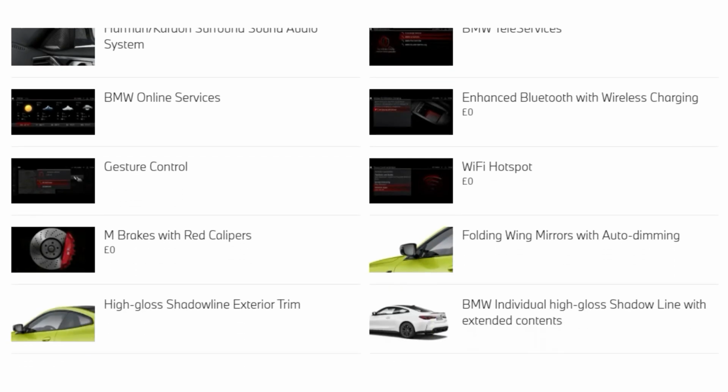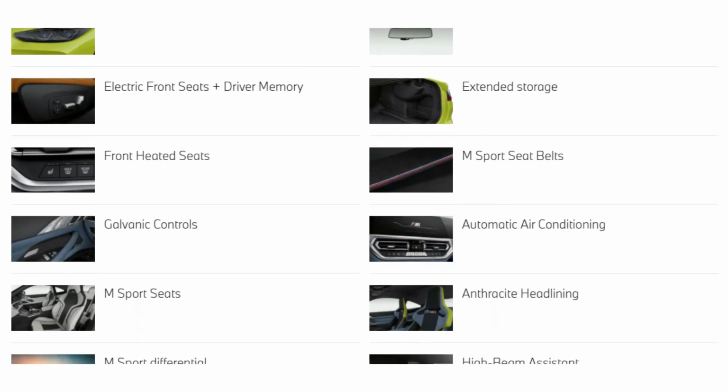I have looked into the configurator, and I'm not going to go into it in depth, but it looks like quite a lot of things come on the car as part of the price, but there are charges to change over metallic paint, things like that. Now, while I was loitering on the BMW website, I did have a little look to see if there was anything else, just looking around the BMW website itself, not on Auto Trader, and something that came up was the